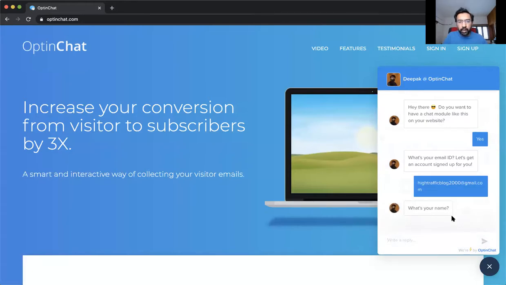So generally what happens is that if you visit a website and the website is asking only for the email ID, then the conversion ratio is high. If the website is asking for name and email ID, the conversion ratio goes down. If the website is asking for name, email ID, and phone number, then the conversion ratio goes even down, right? So you agree that if there is a form with a lot of fields, then the conversion ratio goes down. But here, the advantage is that people do not know how many questions are coming. First, it is asking only for email ID. So you just enter the email ID first, and then it is asking for your name. All right.